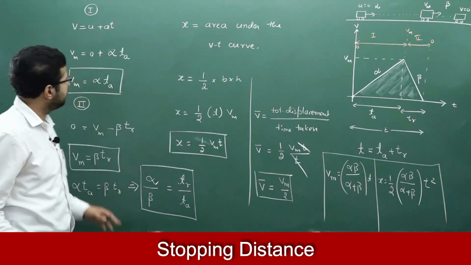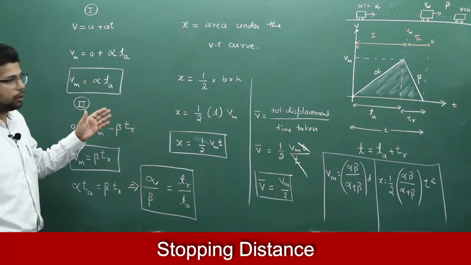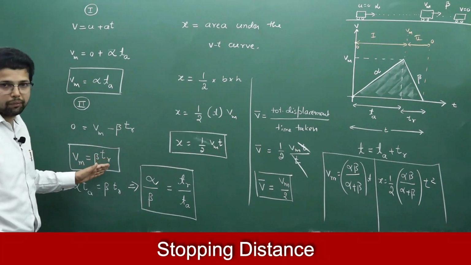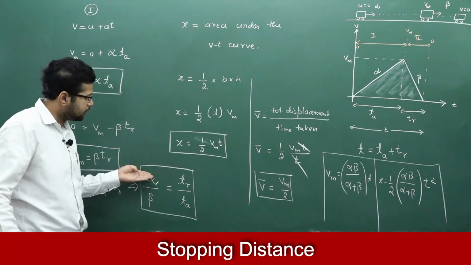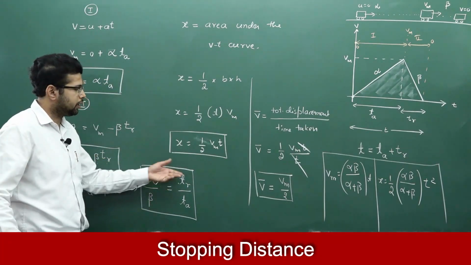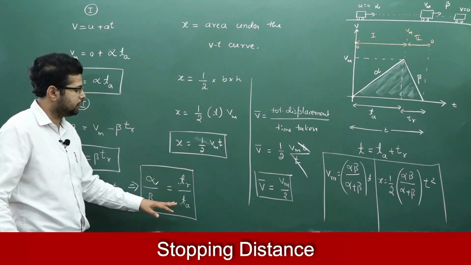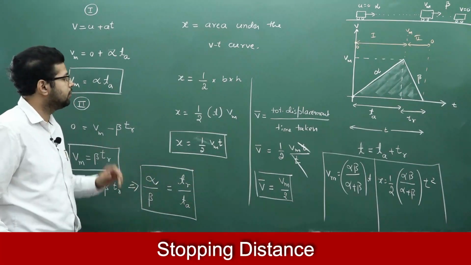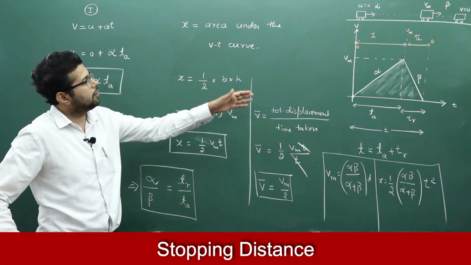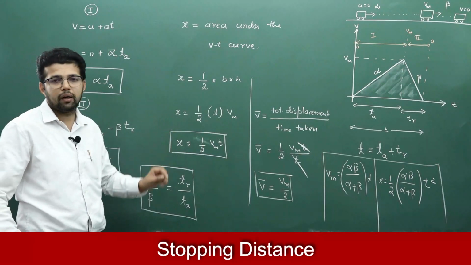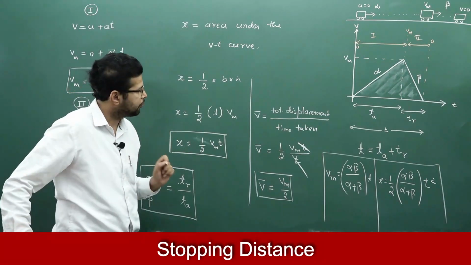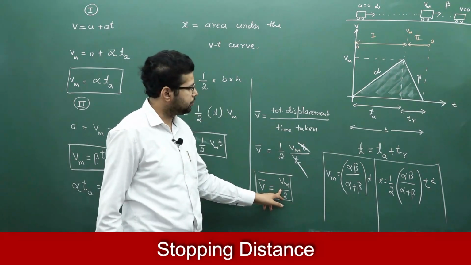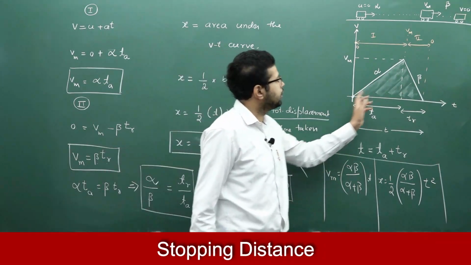Okay. So, once again, maximum speed is equal to acceleration into time of acceleration or retardation into time of retardation. So, acceleration by retardation is equal to time of retardation divided by time of acceleration. So, acceleration and the time required for acceleration, they are inversely proportional. Distance travelled by the object in this process is given by half into maximum speed into time. Average speed is given by half of the maximum speed.